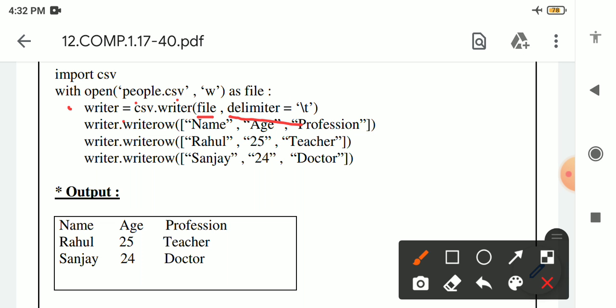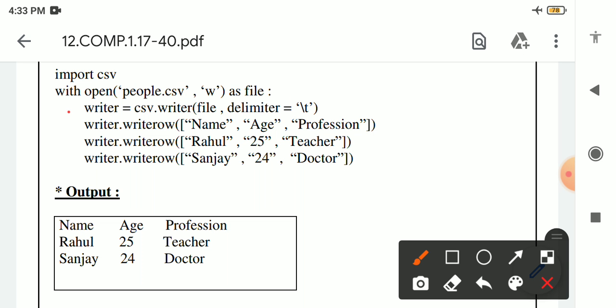This is an optional parameter of the writer function. As we know, a CSV file contains a comma as the default delimiter, but we want to remove the comma from the delimiter.